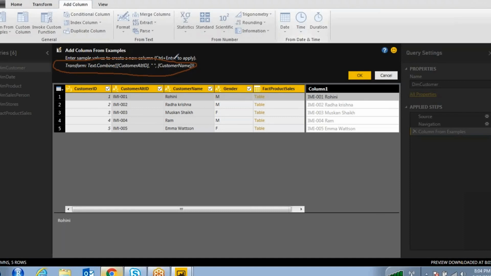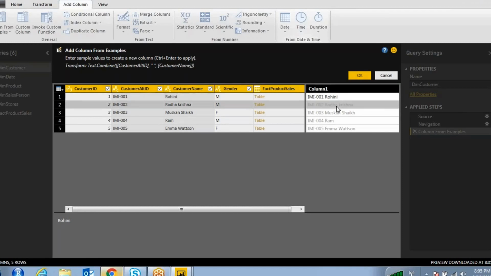So whenever you click on a particular value or whatever value you want to generate, the intelligence will act and generate an expression. Here, I want to concatenate this IMI hyphen 001, the customer alternate ID, and customer name. I didn't write any expression. I have just entered the values.